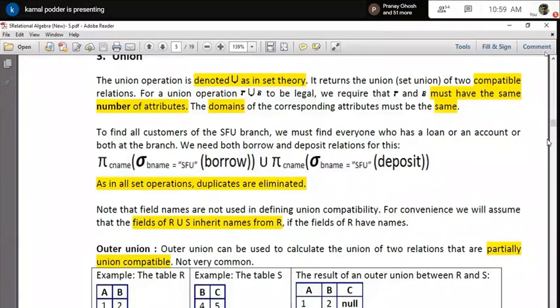Two basic rules are that the number of columns must be the same in both the tables or both the relations, and the data type of the corresponding columns must be the same. Otherwise, suppose the first column is student name, then it is a roll number and then age. You want to add all the info from the employee table or faculty table, these three pieces of information: employee name, employee ID, and the age. Mind it, if you create that set, both sets have three columns. So in that sense it is compatible.